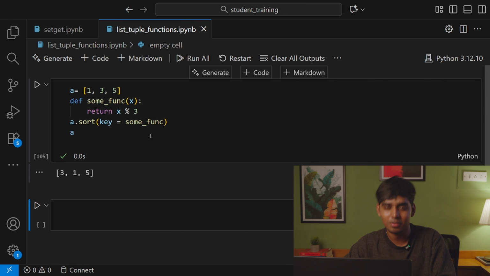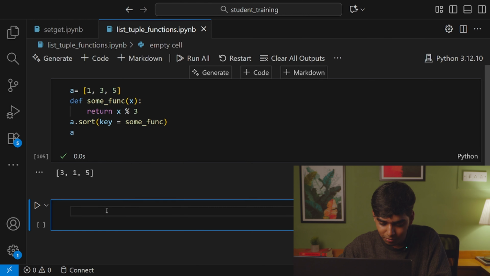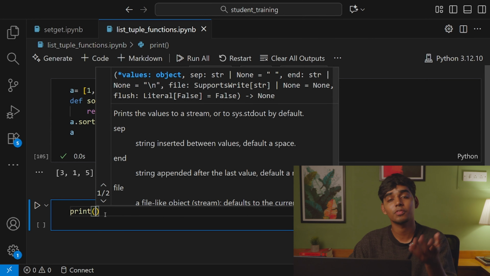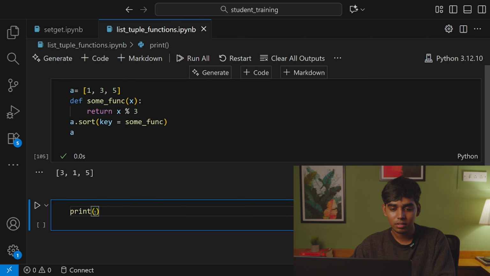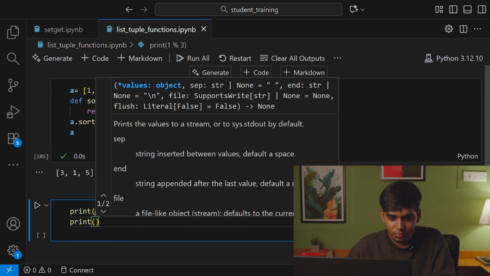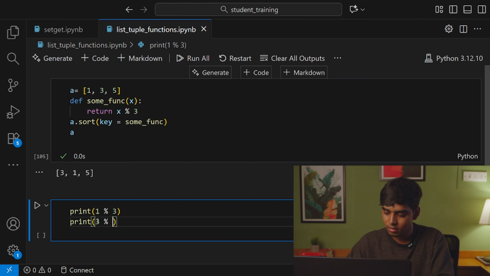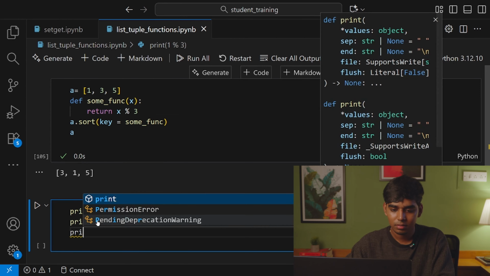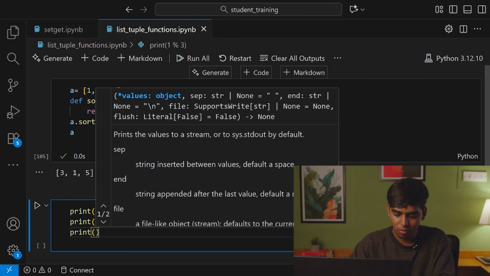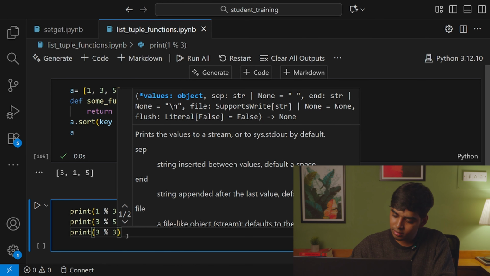If I was you, a new coder in Python, and I look at this, I'd be very confused. I'll show you what exactly is happening. If I print the modulus operation for each of these values in the container, which the function is doing for us, I'll say 1 modulus 3, then print 3 modulus 5, then print 3 modulus 3 itself. Now if I run this, you can see